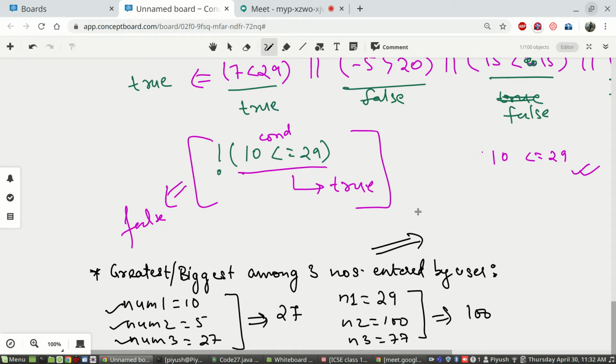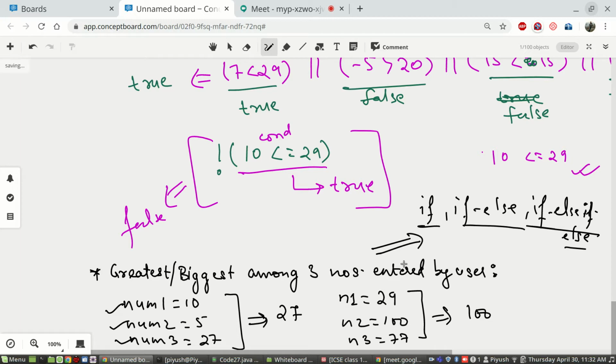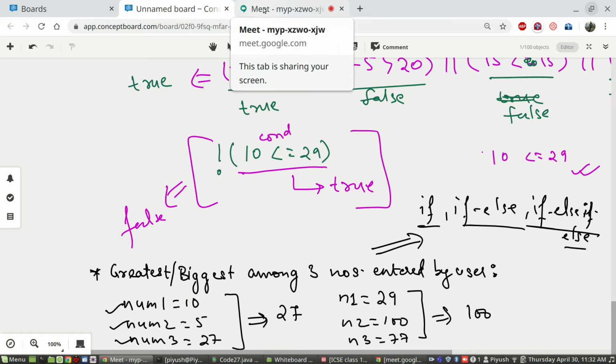Should we use if, or if else, or if else if else, which model? There are three possible outcomes, depending on the condition. So let me know, what do you think?